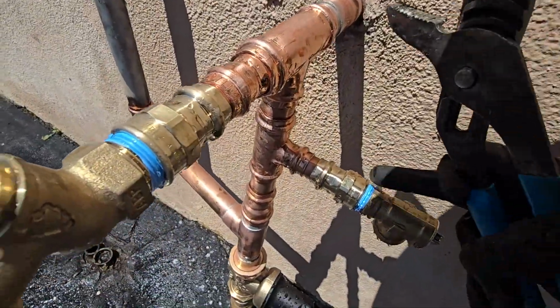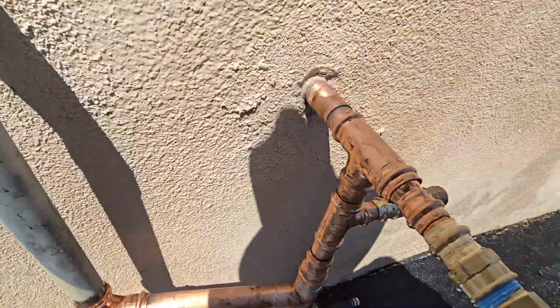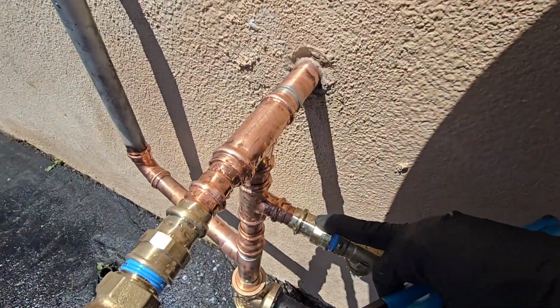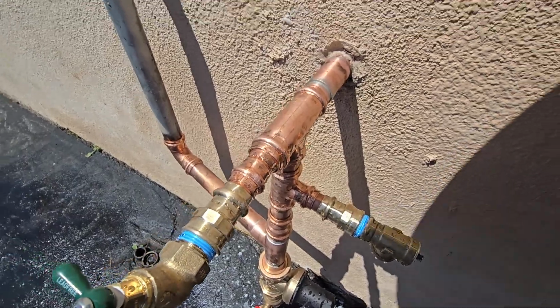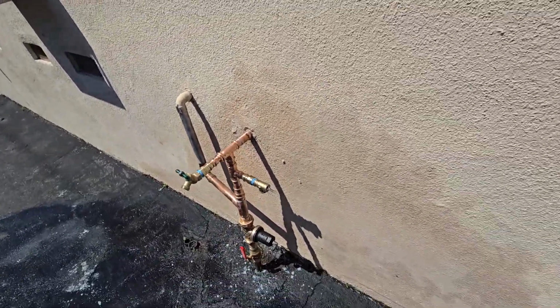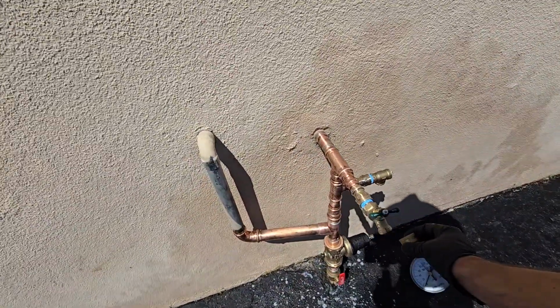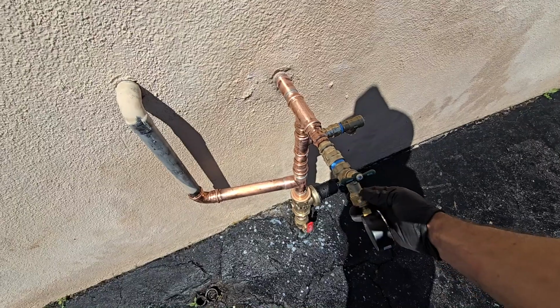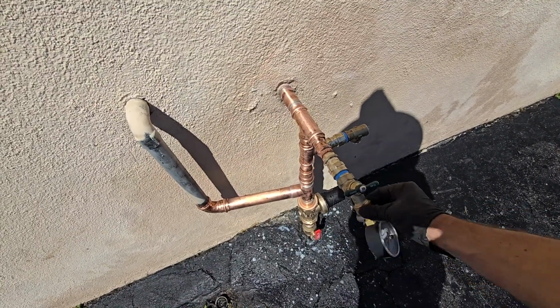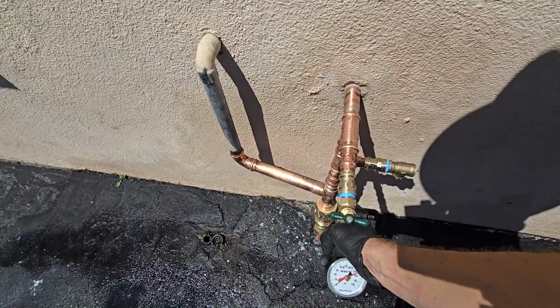Did you know that after you press, and this is specific for the adapters, after you press these, the adapters, male and female, can move and they won't leak. It's not doing it right now, but it was. You can literally spin them back and forth and they will not leak. So it's a little tech tip. And I called Viega about that, and they actually confirmed that is not unusual. All right,